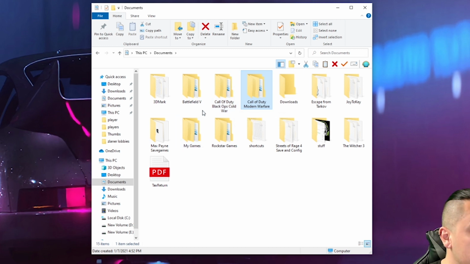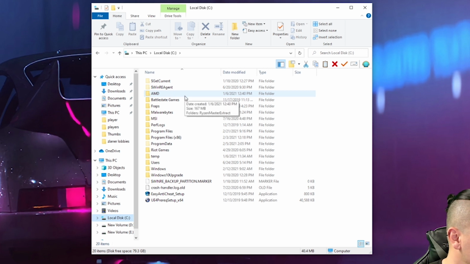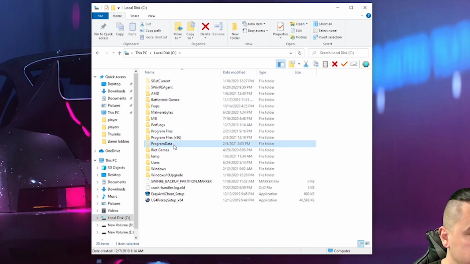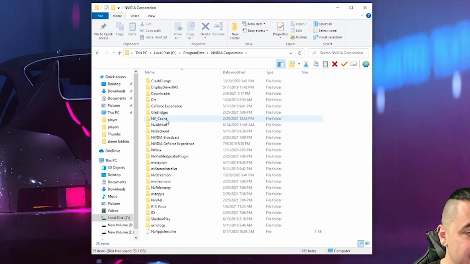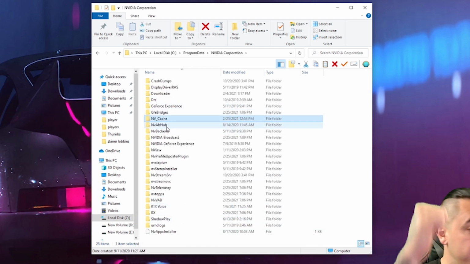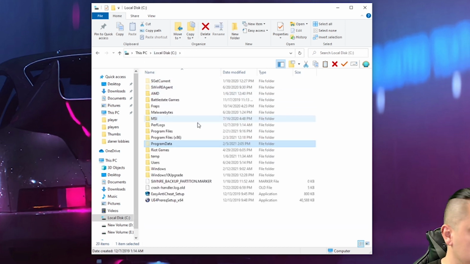You need to delete your graphics card cache. For NVIDIA, we're going to go to C, Program Data, go to NVIDIA Corporation, we're going to go to NV Cache right here. Get rid of it, okay? Delete it. For AMD users, we're going to go C,